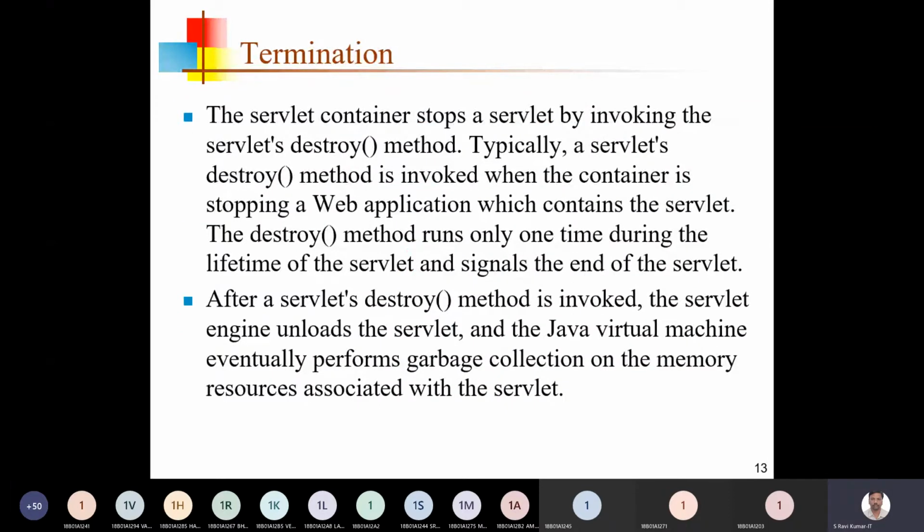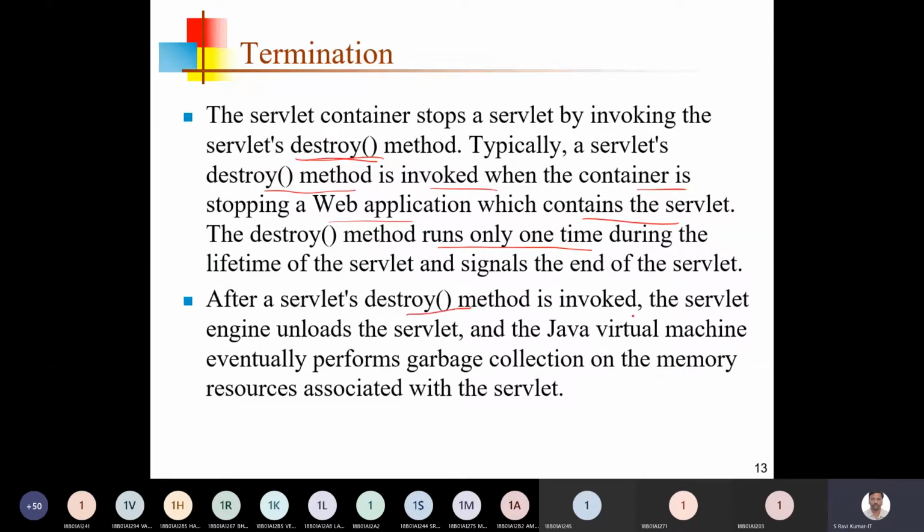And then termination. Once servicing the clients has been completed, the destroy method will be executed by the container itself. The destroy method is invoked when the container is stopping a web application which contains a servlet. Only once will the destroy method be executed throughout the life cycle of your servlet.